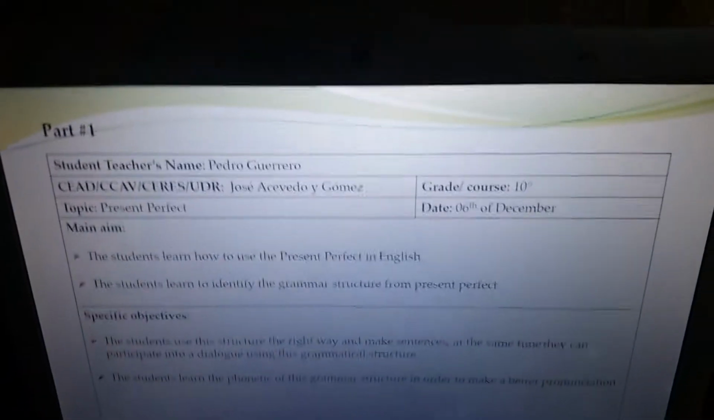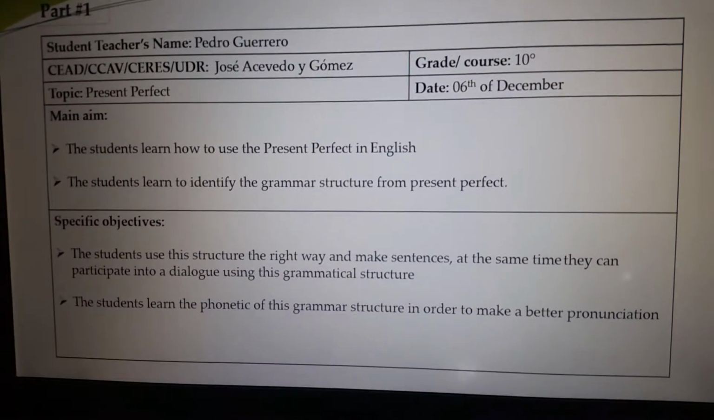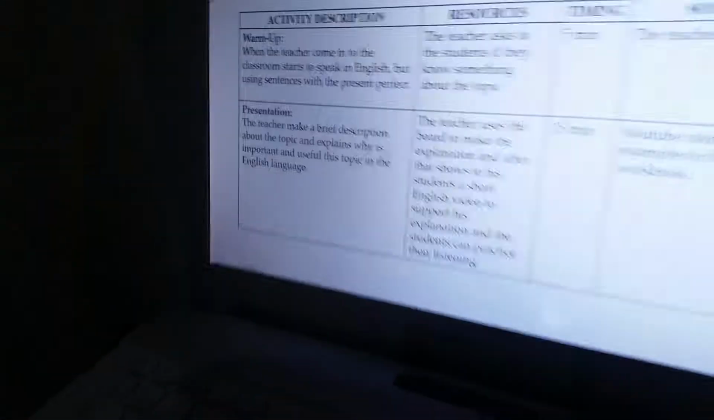In the specific objectives, we can read that the student uses the structure the right way and makes a sentence. At the same time, they can participate in a dialogue using the grammatical structure. And finally, the student learns the phonetics of this grammar structure in order to make a better pronunciation. In the second part of the lesson plan, we have information like activity description, resource,